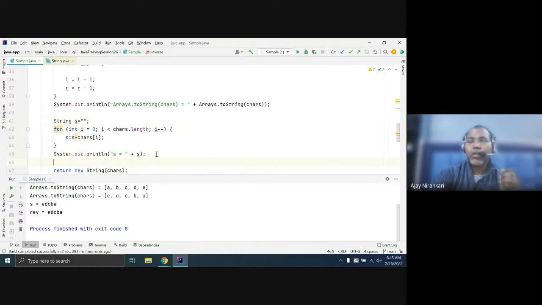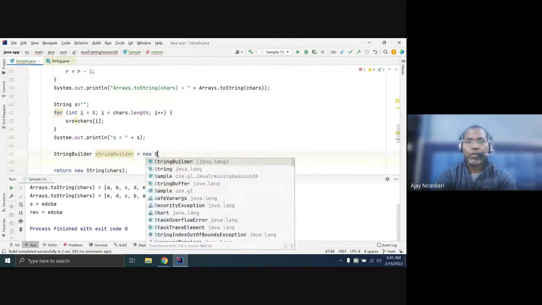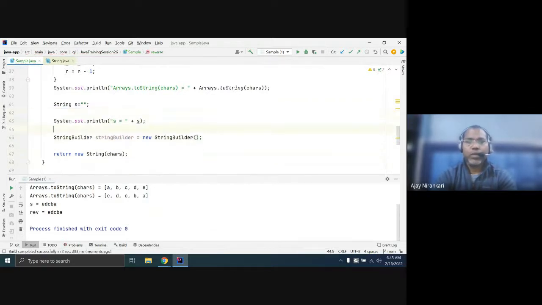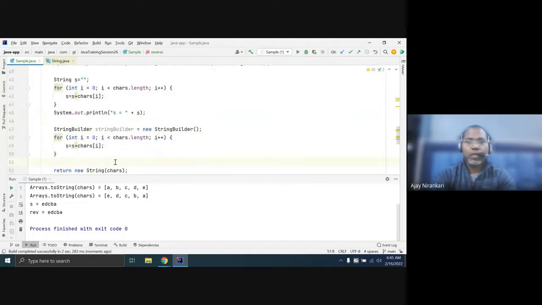Generally, please be noted, avoid using the plus operator or append in the loop. In the loop, you are creating multiple string objects. So instead of writing this, you use a string buffer. StringBuilder equal to new StringBuilder. Okay. And the same loop, whatever you run here, you can say, instead of this, append.